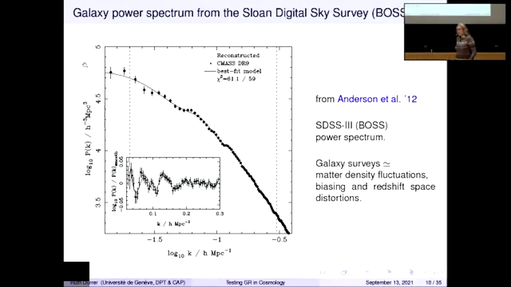What people have done so far is things like this. They have said, okay, we have these galaxies, let's Fourier transform this distribution in three-dimensional space and calculate the power spectrum. They have calculated this power spectrum. They see also these fluctuations, which we have seen also in the oscillations in the CMB and which I did not explain.